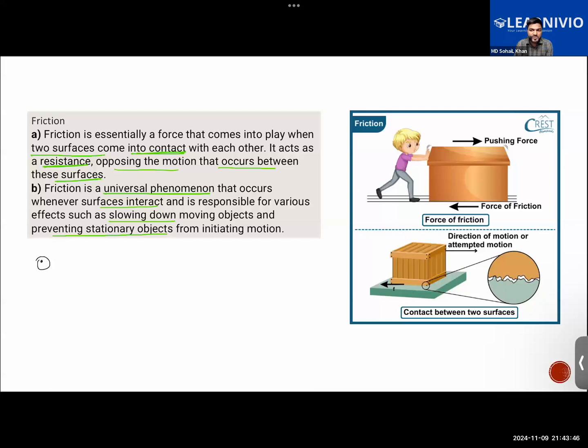You guys think of some other reasons also? The amount of surface area in contact. I think that was counted already. One extra thing I told in the class was temperature also, right? Temperature also determines the friction. In certain situations it increases the friction, in certain situations it decreases the friction, but it influences the friction. Lubrication also was there.